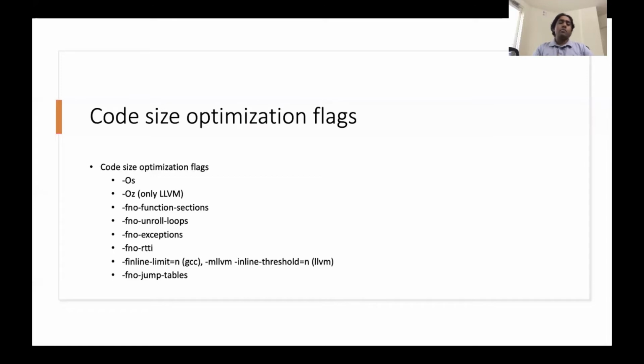But in many cases, we don't use dynamic cast all the time. So we can just disable RTTI. RTTI stands for runtime type information. So if we are not using dynamic cast, we can just get rid of that and save a lot of code size. The next one is to limit the inlining